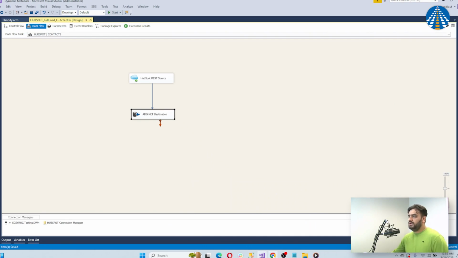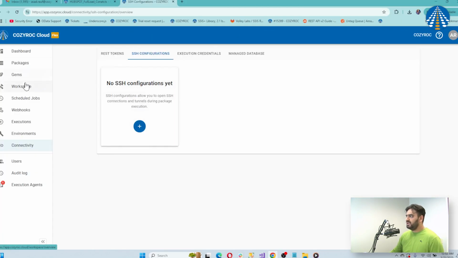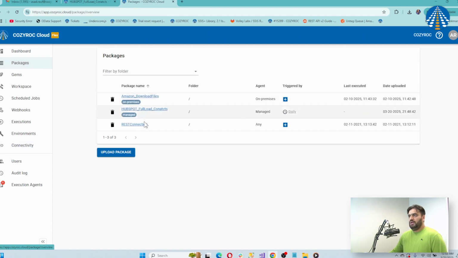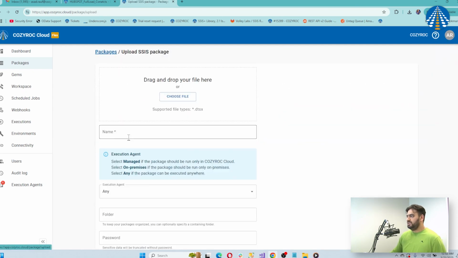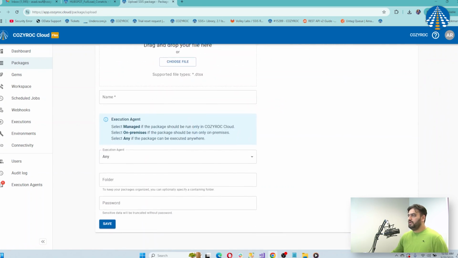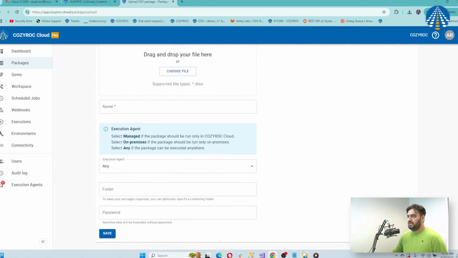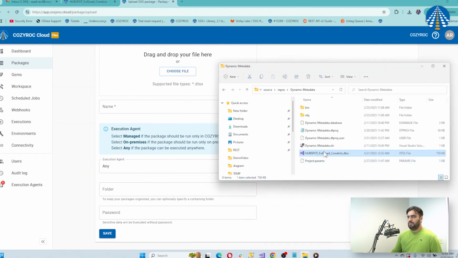I will go into the browser, app.cozyroc.cloud, and make sure you are logged in. I'm already logged in here. What I will do is go ahead and upload a package. You can simply drag and drop the desired package. I'll just go ahead and drag and drop the desired package,